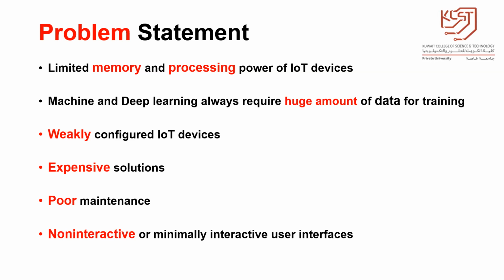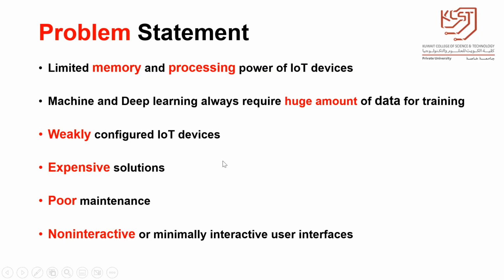One of the reasons is that many devices are connected to the internet, and every device has a different configuration. This is one of the reasons that it's expensive. And the maintenance is also poor. We know that with the passage of time, there are many botnet attacks we can detect. So maintaining all those things with techniques such as signature-based, deep learning based, or reinforcement learning based requires a lot of time.